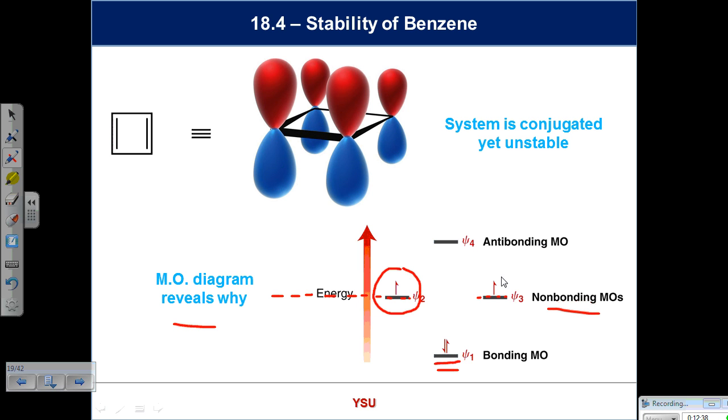What does this look like? What type of species does that look like? It looks like a radical. And this is even worse, right? This is a diradical where 2 electrons seem to be split into 2 orbitals. So the basis for the instability of cyclobutadiene is not necessarily its shape, but it's to do with the population